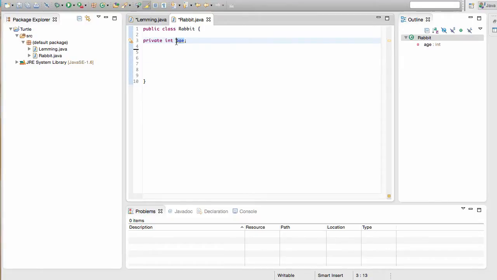We have the name of the variable, age. We have the keyword int, which means we're expecting an integer, and we have the keyword private, which means only the rabbit class can access it. If something is private, only that class can access it, and if something is public, everything in the program can